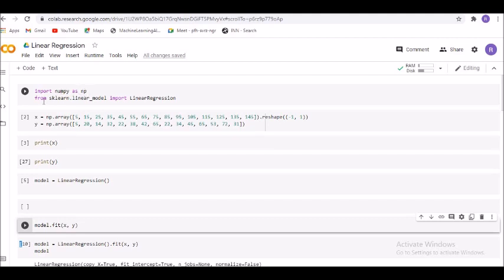Then the appropriate transformations for performing the simple linear regression are also important. Afterwards, there is a need to create a regression model, number one. Number two, we would go ahead and fit it with the existing data.